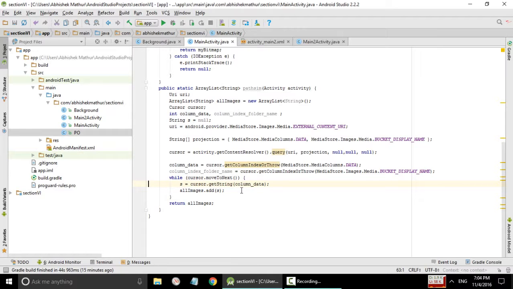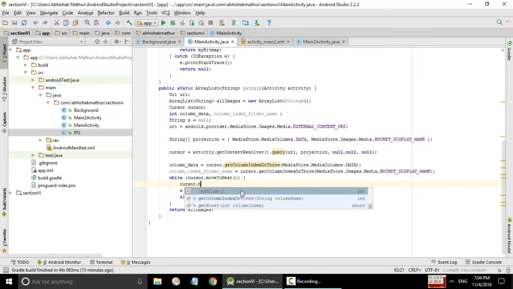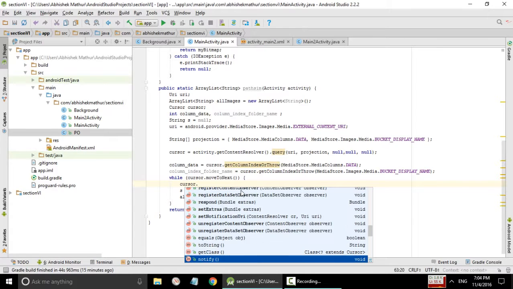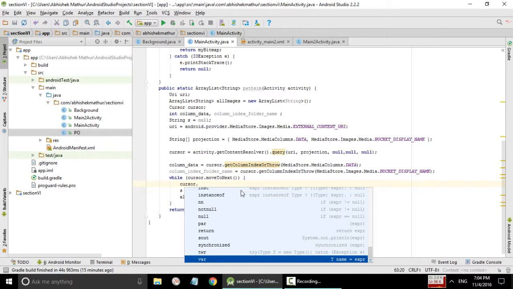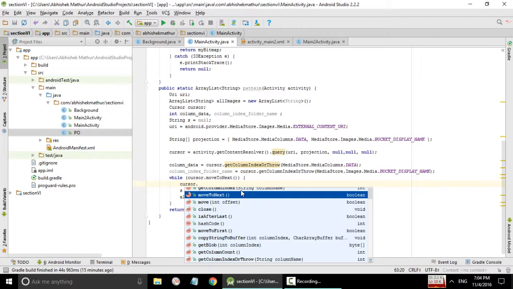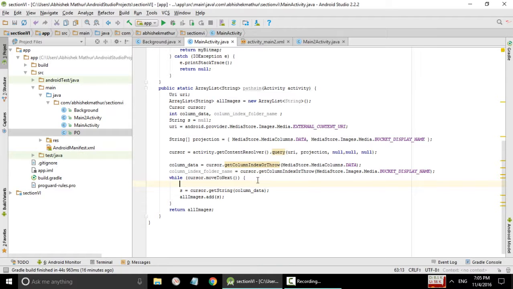Or I can also type something like cursor. I can also use many functions of the cursor as available here, and then moveToNext moves the cursor to the next argument, and if it is not there, it will return false and the while loop will terminate. So as you can see, these are the different functions of the cursor. And moveToNext is a boolean function which moves the cursor to the next entry or the next result,